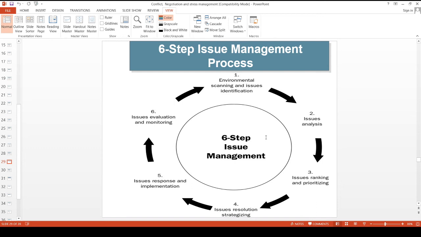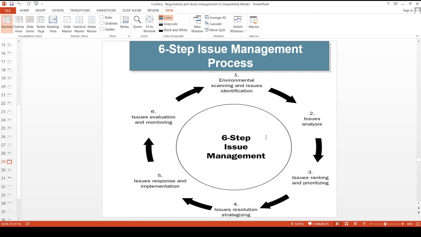We have already discussed the different approaches which can be used for issue resolution, and these approaches may vary from the more formal process on one end to the more informal process on the other end, like mediation, arbitration, third party usage, and consultants. We also discussed that we can use experts, conflict management experts, in order to resolve the conflicts. So in this fourth step, we will have to decide which particular strategy will be used to resolve the conflict between the different parties.